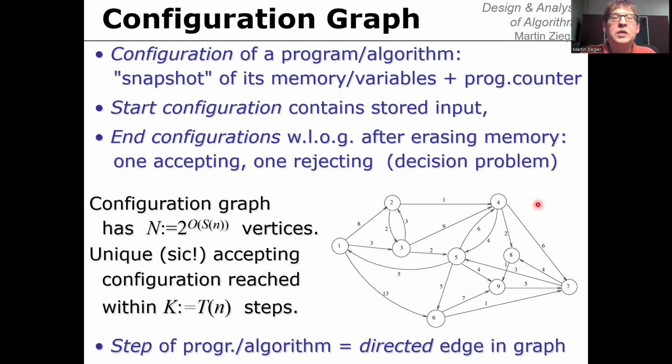Okay, so that concludes our discussion of Borodin's theorem and the celebrated reachability method, which later turned out to have many other applications. For example, the famous NL versus co-NL problem solved by Immerman and Szelepcsényi also is a variant of this reachability method, or Savitch's theorem, also reachability method. That said, let's now move on to